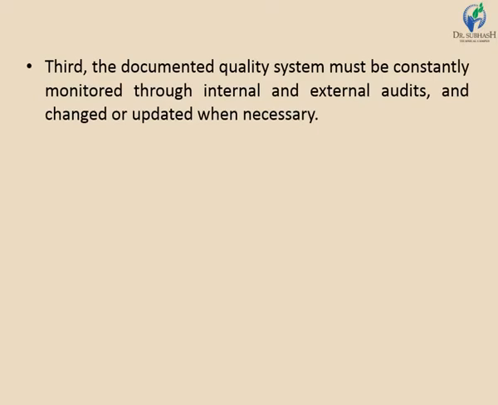So the quality systems which you have been using for doing the manufacturing of the items or the products, there must be constant monitoring of that system, and there must be periodic audits of that quality system internally as well as externally, and whenever the audit is done, there must be some